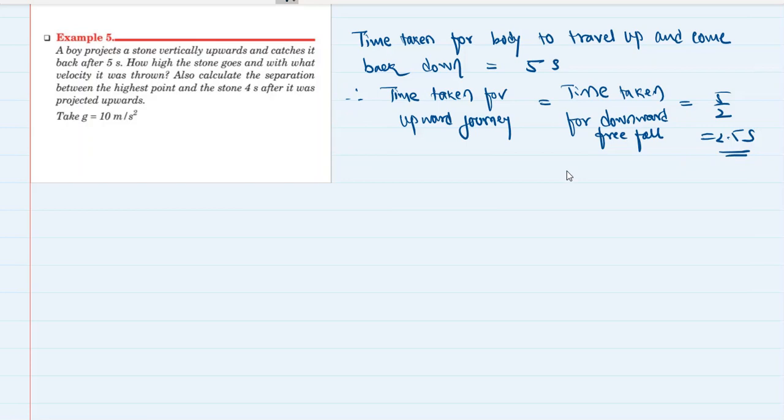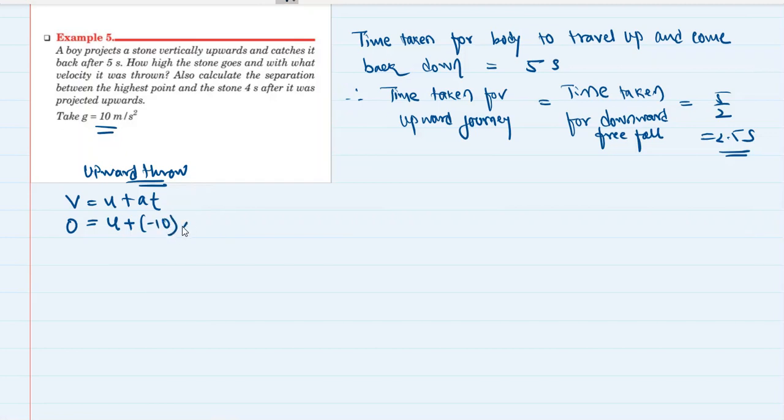Okay, now we don't know with what velocity the ball was thrown, but we know one thing. If we apply v is equal to u plus at, the final velocity will become 0 for upward throw. So this is upward throw. The final velocity will become 0. Initial velocity with which the ball was thrown, we don't know. The acceleration is minus 9 point... okay, you have to take acceleration as 10. Okay, we saved some time for calculation here.